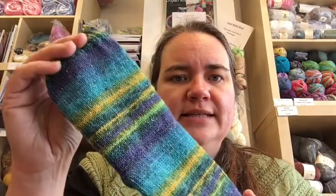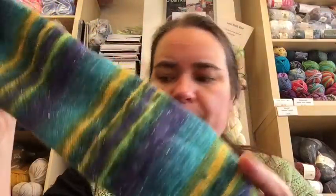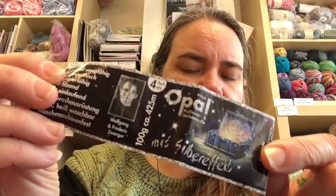So yeah, after I finished the blue socks that I think I showed as a finished object last week, I cast on the next pair of socks, and I think I might have shown you the beginnings of them. So it's this lovely sparkle yarn from Opal, and it is the Opal Mit Silber effect, and the colourway is